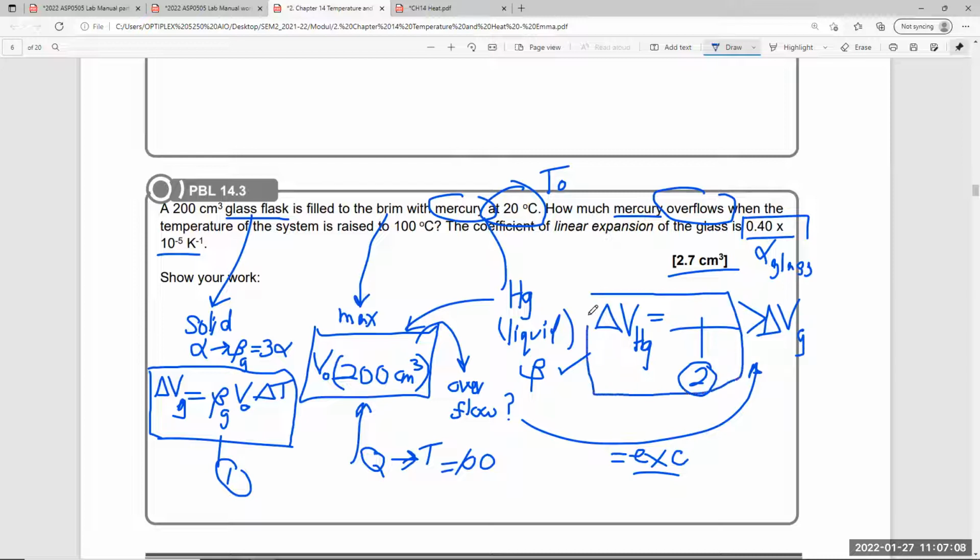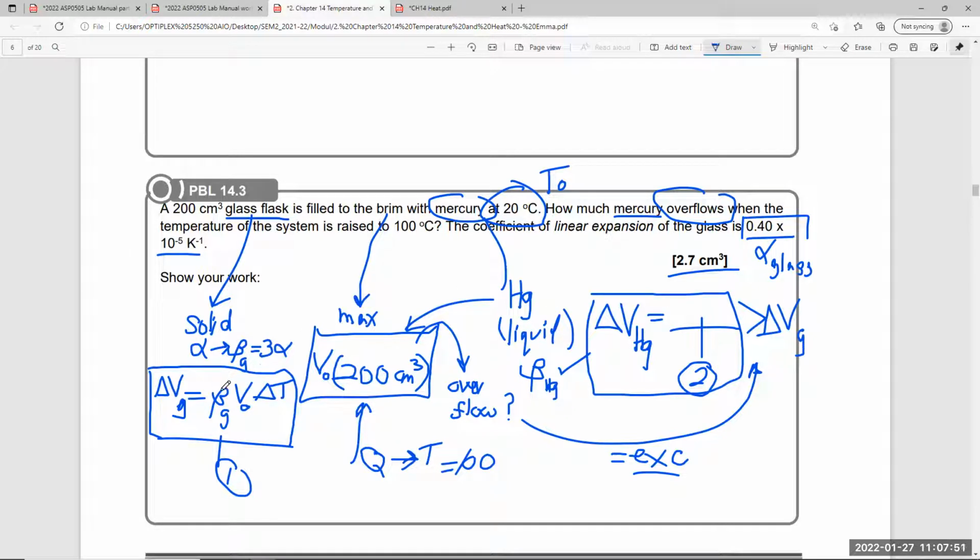For the mercury, a similar equation but using different values. You have beta for the mercury, you can refer to the table. The initial volume is also the same, 200. Delta T is also the same, 80. Then you can get answers 1 and 2. That is the fundamental based on thermal expansion, and then comes what the question is actually asking you to find out. So the strategy is based on finding the volume expansion, delta V,